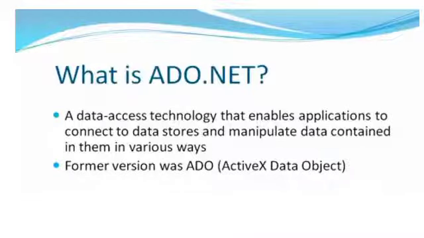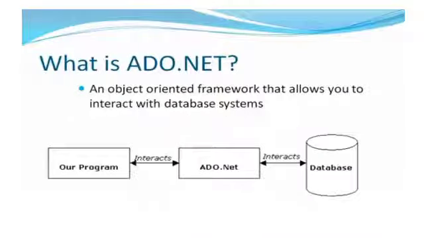Active Data Object .NET. It means a data access technology for applications to connect to data stores and manipulate the data contained in them in various ways. Whenever you want to interact with a database, what is ADO.NET? It is an object oriented framework that allows you to interact with a database. So whenever you want to interact with a database,